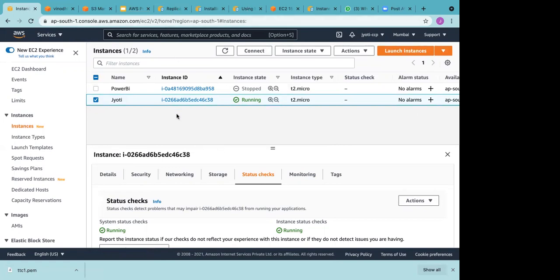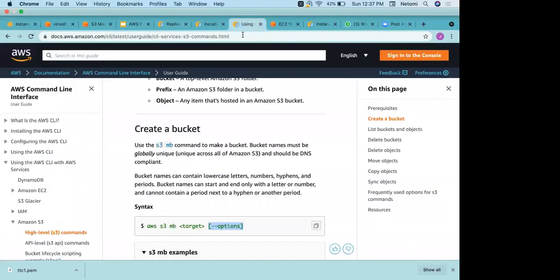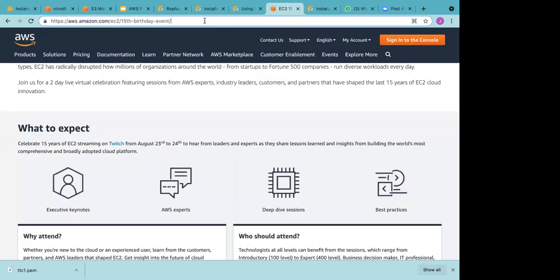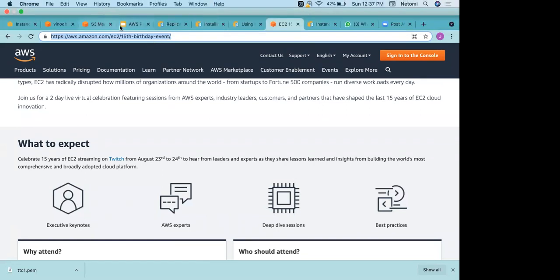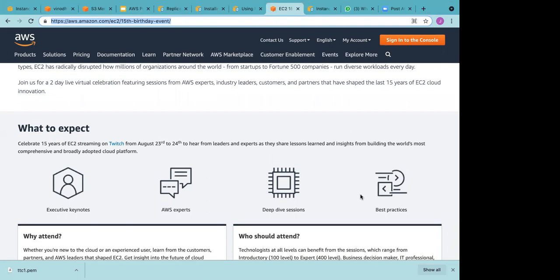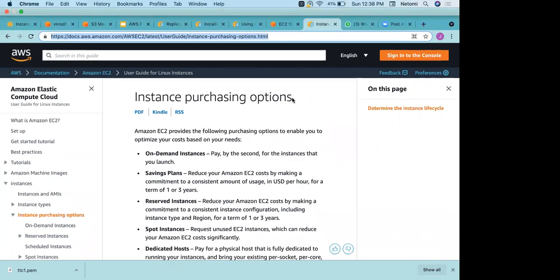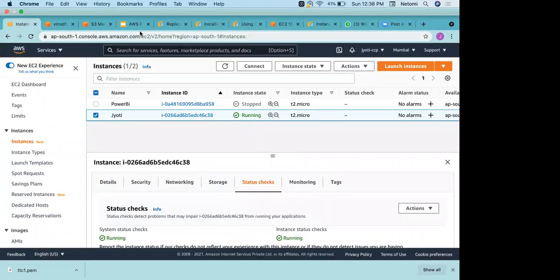So that's it for today's session. I'll quickly revise and share whatever I have with me. I think I have done replication I gave you, installation I gave you, bucket creation. Yeah. So this is just about the 15th anniversary of EC2 instance. And this is the purchasing option. You want to know what all purchasing options we have. Okay. Yes. And I think, yeah, we are done.